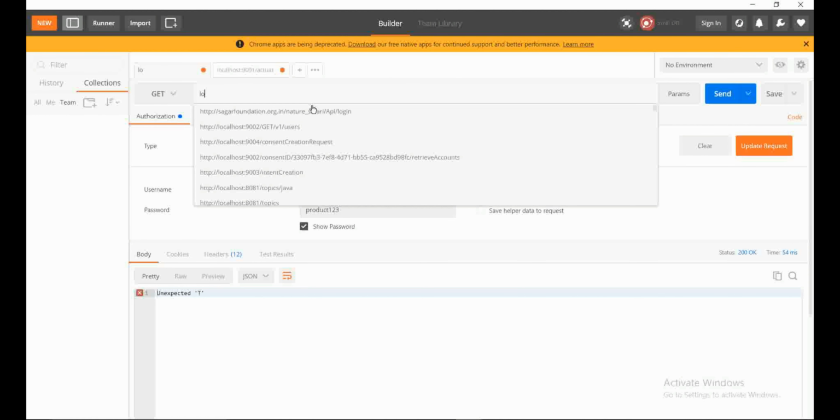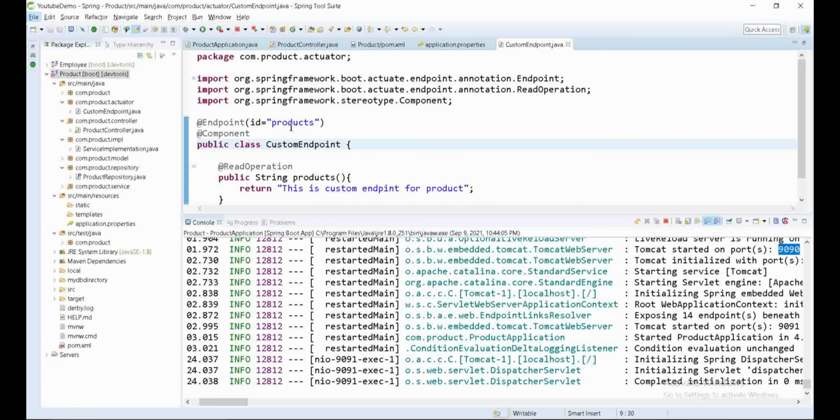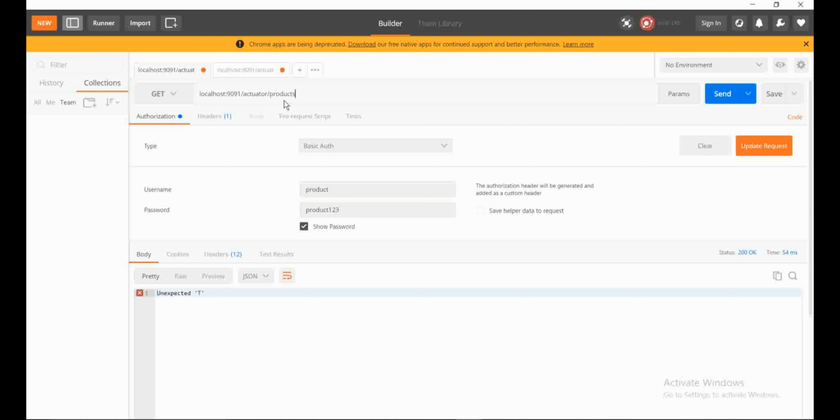So what we have to do here is localhost, and our port number is 9091. In actuator it will return this endpoint, so actuator, and the name of this endpoint is products. So I'm going to call this API and let's see if it works. Here we are returning text, so convert into text. Here you get the response, this is custom endpoint for product, and if I use this same endpoint in the browser,